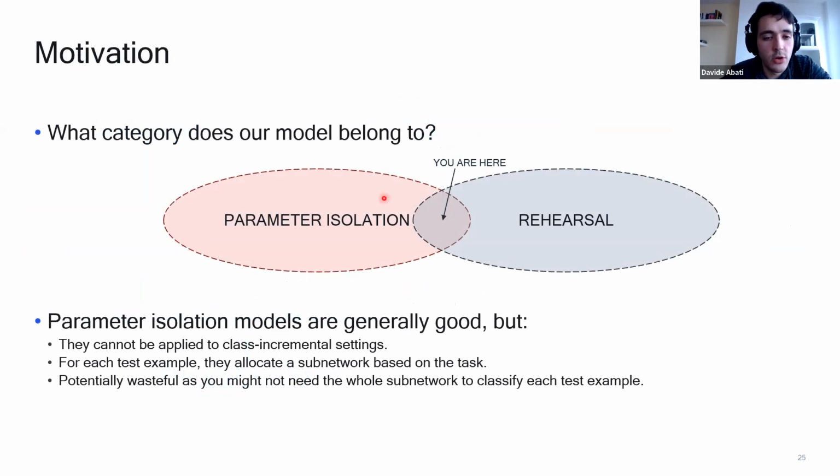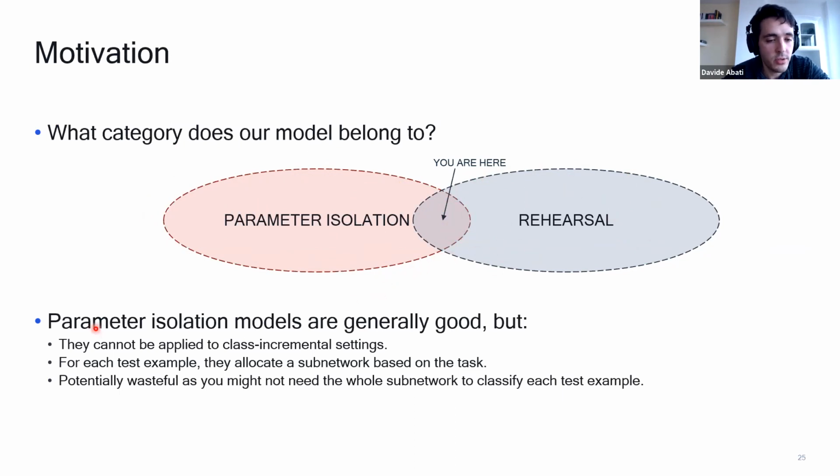And in terms of taxonomy, our model is at the intersection between parameter isolation models, so the PackNet that I just showed you, and rehearsal models. So if we tackle task incremental settings, so if we know the task label at test time, we just need parameter isolation. We don't need any buffer. However, if we tackle class incremental setting, we will also allow during training to store some examples.